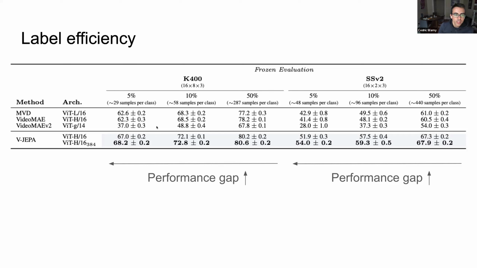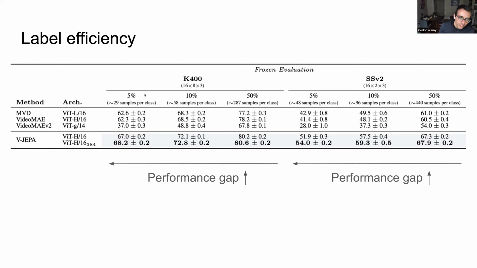And what they do here is for a given model size, they look at frozen evaluation with less and less labels. So you fine tune on less and less labels. And what they find is that the performance gap, so they're basically V-JEPA outperforms for all,